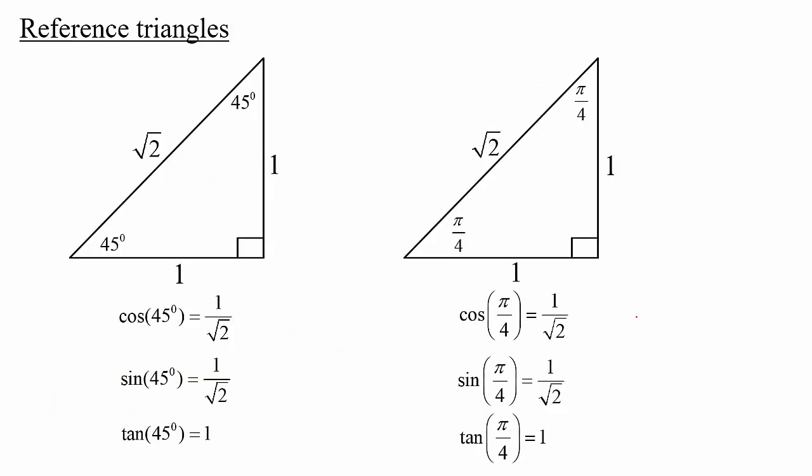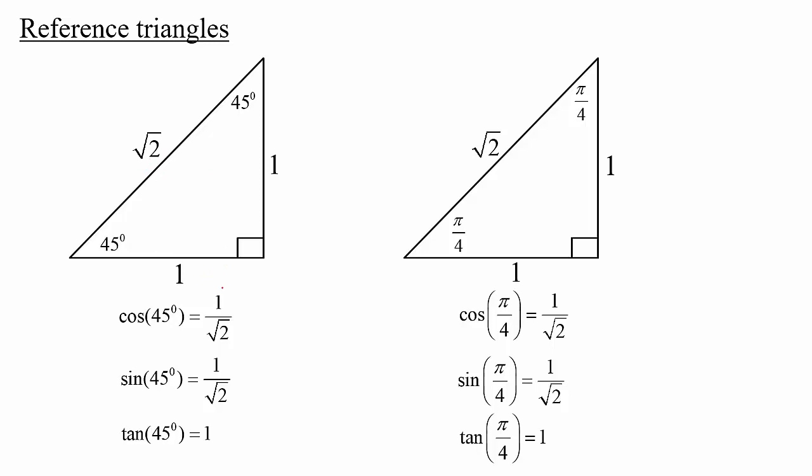Now before we go on to another example, we can use what we refer to as reference triangles to give us exact solutions to some of the questions where the angle involved is going to be either 45 degrees or 30 degrees or 60 degrees. And here's the first one. If we have an isosceles triangle like that, each of the angles here is 45 degrees, and being isosceles, let's say the two sides are 1 and 1, and then the hypotenuse will be, of course, using Pythagoras' formula, the